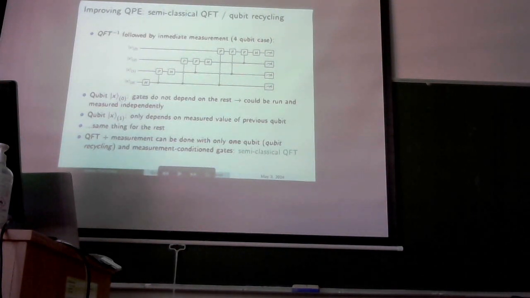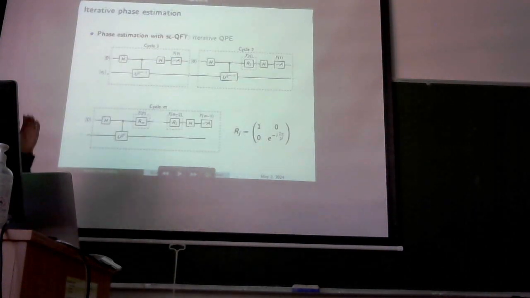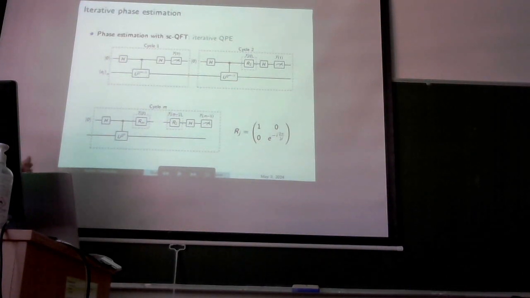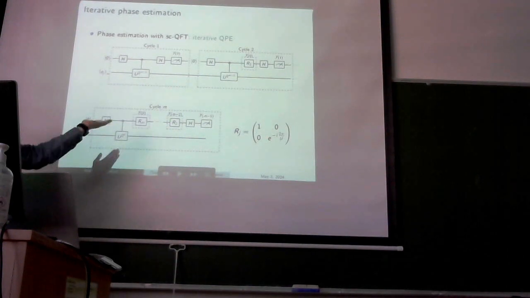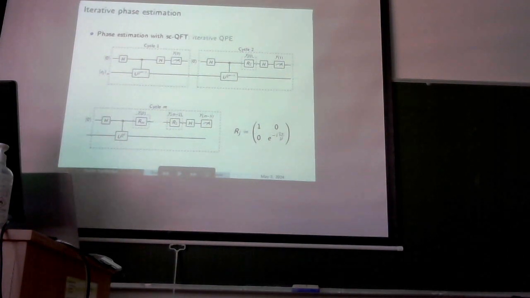And applying this trick to the quantum phase estimation I've introduced before, we transform it into iterative phase estimation, in which we are splitting the algorithm of quantum phase estimation into several cycles, with as many cycles as the number of qubits we had in the top register. And in each cycle, we're going to measure one of the bits of the result, and all the phases in each cycle are only going to depend on the previously measured qubits from the previous cycles. So this is the idea of iterative phase estimation, which allows us to sometimes dramatically reduce the number of qubits.